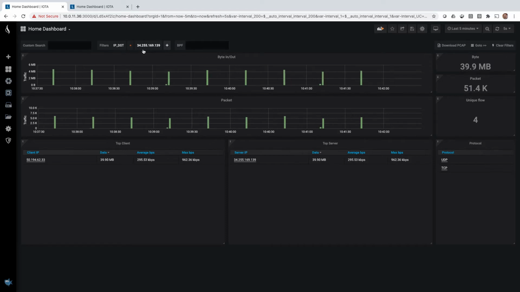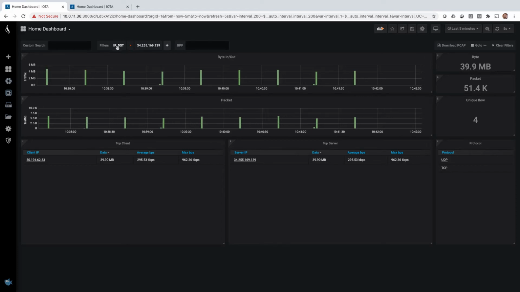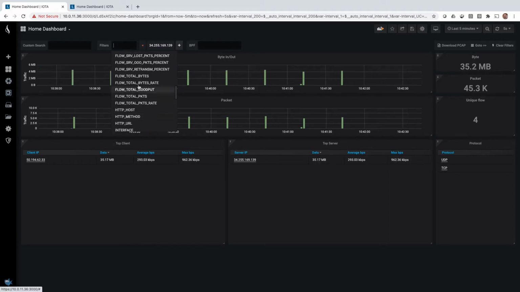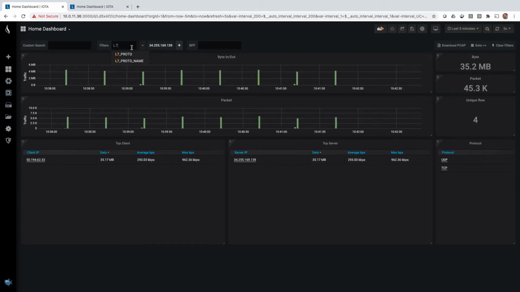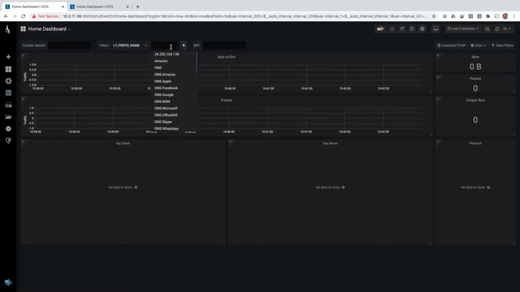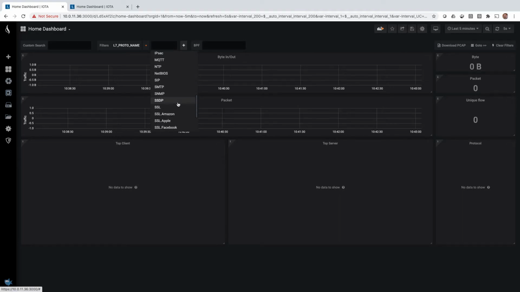So I'm sure you're thinking, well, Mike, what other filters are available? Well, if we come in here to our filters right here, and I click on this, this shows me all the different filters that are available. So I could come in, and one of the ones I really like is I can say L7 protocol name. So now I can filter on a protocol name. And this is looking for about 200 different protocols, and it's going to come in and identify those. So I could say, you know what, I'm interested in